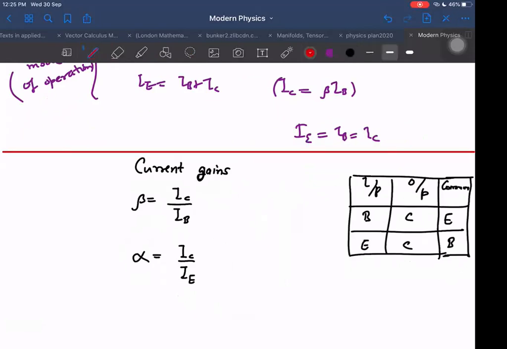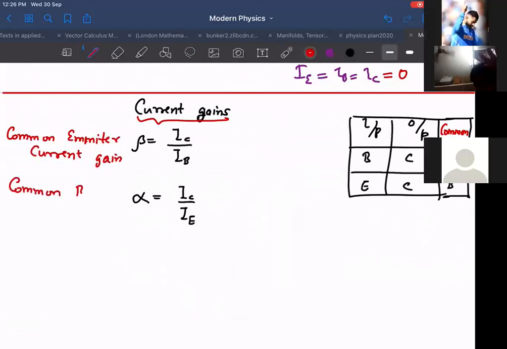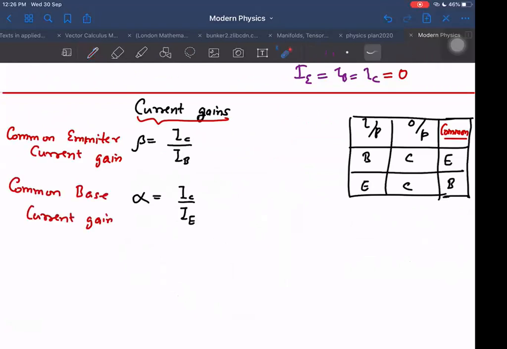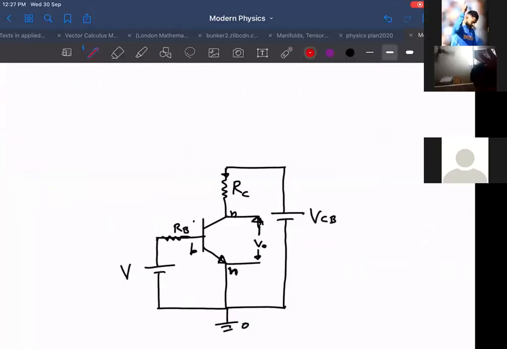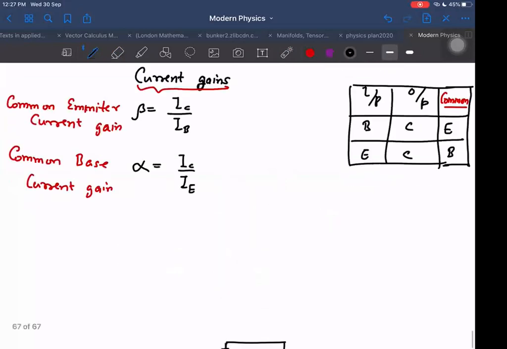The input current, common to input as well as output. So in the common emitter configuration the current gain is output current upon input current, because numerator and denominator share the emitter. For common base gain, I should have written the emitter, the collector to this. So this is between collector and base. I should write VC. This side as input and this side as output. Then I will be getting the output upon the input as gain, and power gain. Beta also varies with temperature.